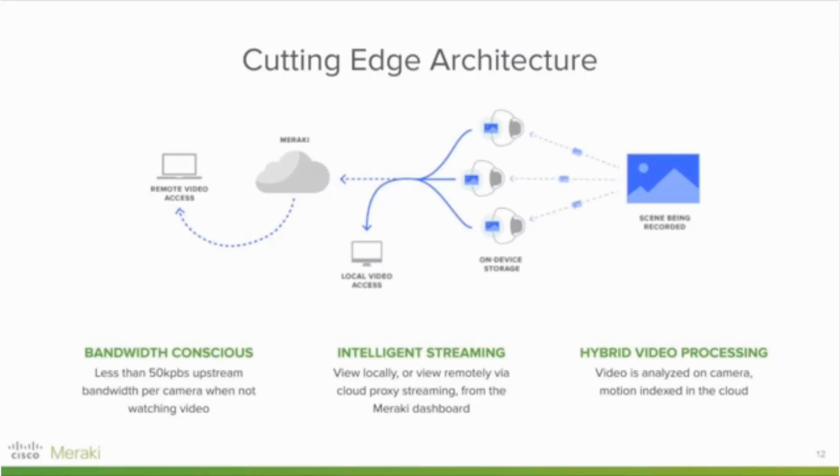It's just how we get that video to the device that does. And that's just one of the ways that we're pretty bandwidth conscious. So again, if you're not viewing video remotely, we're not using WAN bandwidth. And really, unless you're watching video, very little bandwidth is being used. It's only kind of metadata, configuration data, information data that's going from the camera into the cloud. So the average of that is usually less than 50 kilobits per second upstream bandwidth if you're not